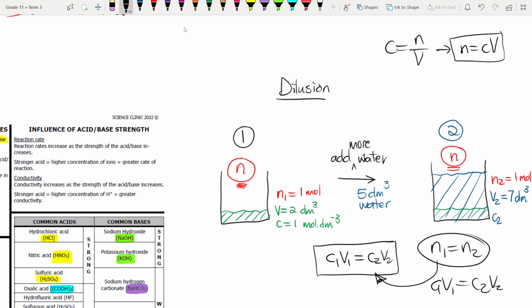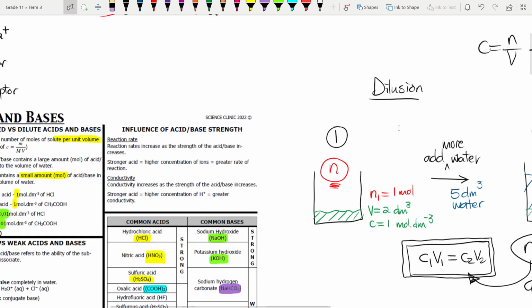Okay, but this one, I think it is given in the formula sheet. It's going to help you to identify the new concentration after the diluting. Okay, is that fine, or do you have any questions so far? No questions. Okay, then